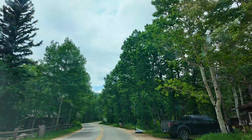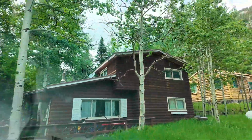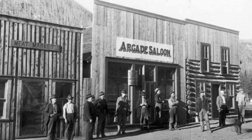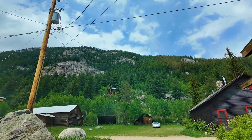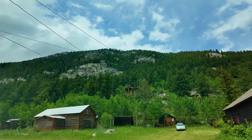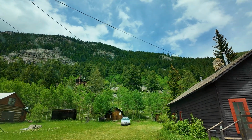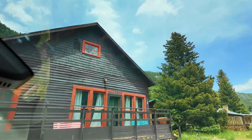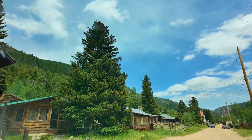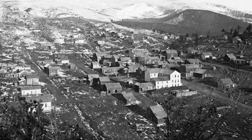So this town was founded in 1878. Caribou City was 1870, so Eldora comes just a little bit later. It's right on the other side of the mountain. Like I said, you could hike there from Caribou City. It's much easier to drive to. I mean, Caribou City, we had to go through some pretty rough roads to get there. Eldora, because that ski resort's there, it's paved roads the whole way, and nice 2-lane paved roads, none of that 1-lane stuff either. So like I said, the original name was Eldorado, which means the golden one, and it is